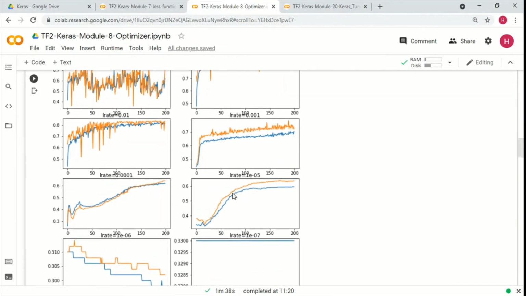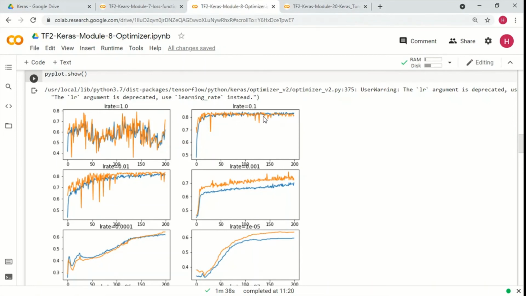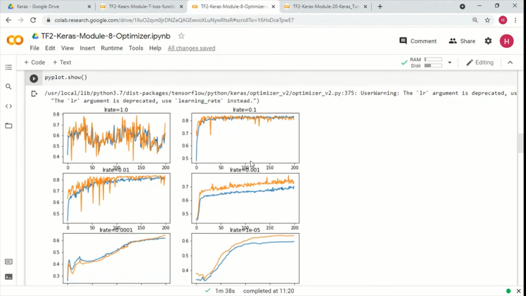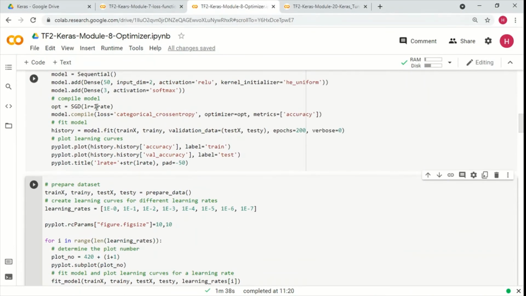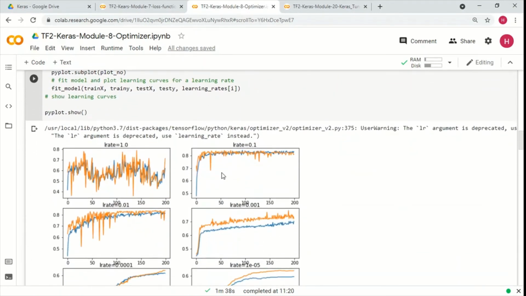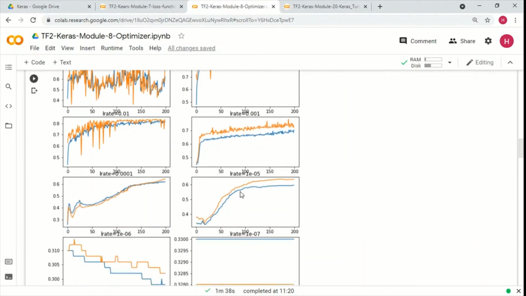So this seems to be probably the best learning rate. Okay, so it's very simple. We have to try the different learning rates, and then see which one